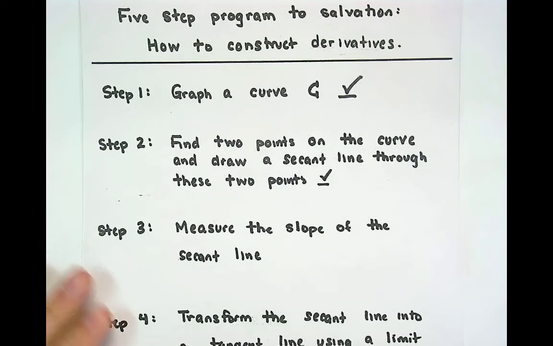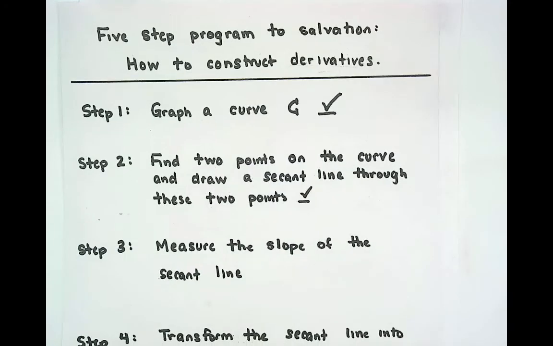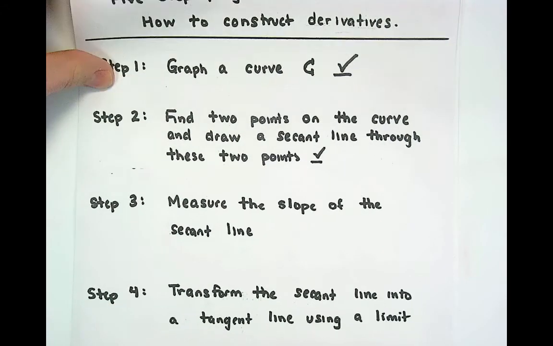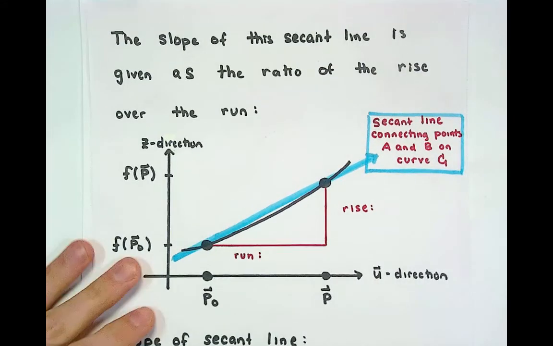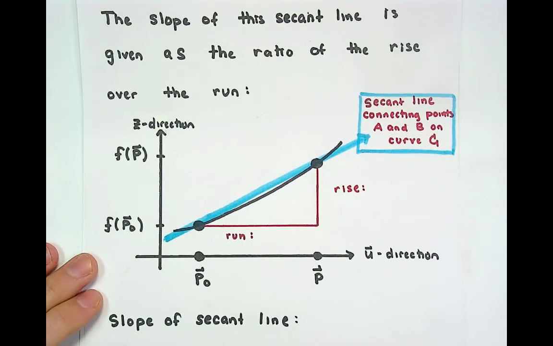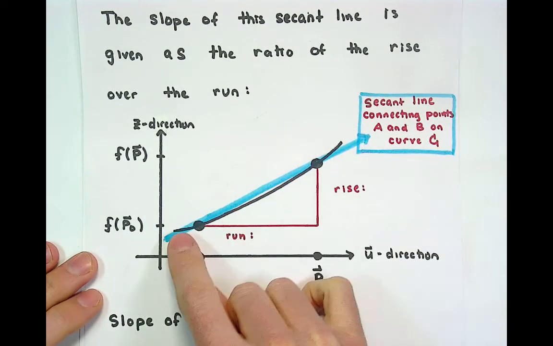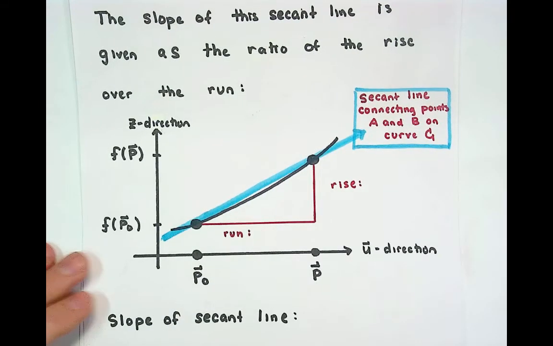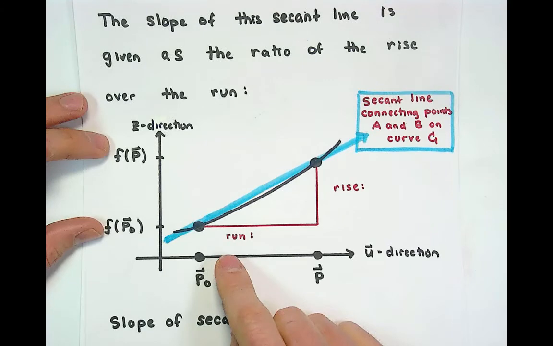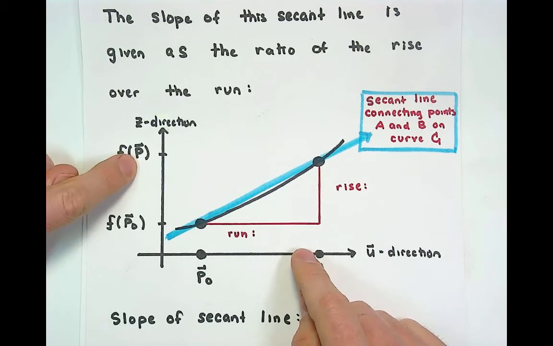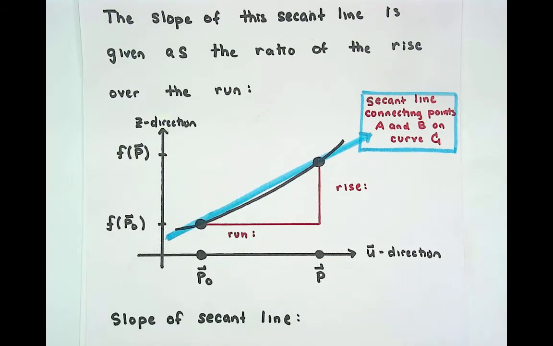Yay! A little bit harder than what we did in partial derivatives because it's a different direction. Let's go ahead and visualize this line as if it was in the plane. So we're going to take the view along the normal vector. So we're literally looking directly perpendicular to that plane. So we had this curve C. We had the blue line through this curve C, which was the secant line. And then we said that the slope of this line is going to be the rise over the run. So here I'm evaluating f at the input point P naught. Notice,